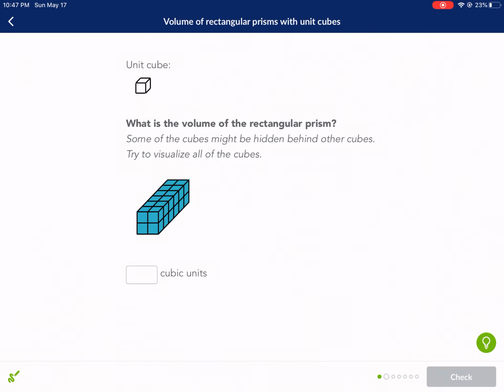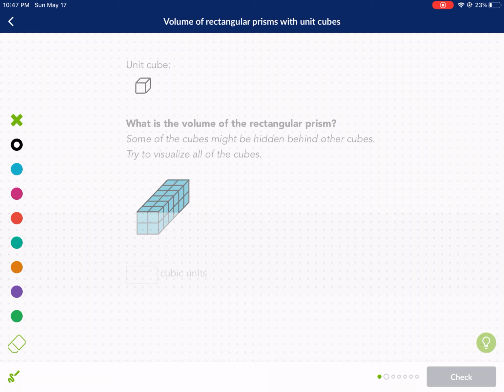Okay, what is the volume of the rectangular prism? You could go around and count these, or you could use some principles of multiplication. So you could count 1, 2, 3, 4, 5, and so on up to 20. Okay, you guys get the idea. I'm doing a lot of counting. I think I was counting by threes, but essentially we could count each and every one of them, or we